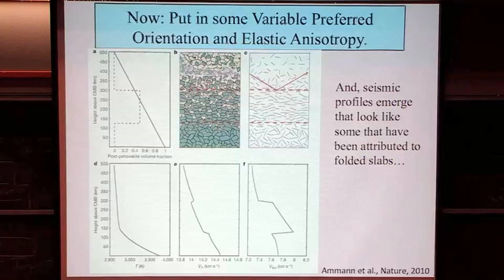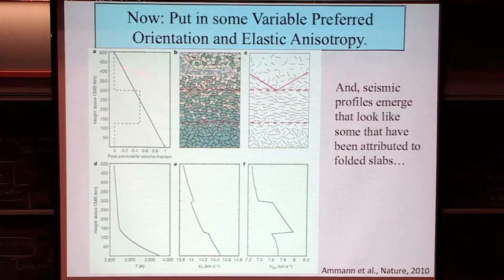If you have a phase loop where you're progressively, this is again from the UCL group, this paper, if you put in a progressively increasing amount of post-Perovskite with preferred orientation isolated in a zone like this, so you're orienting crystals nicely in this zone, then because it's elastically anisotropic as well as presumably potentially viscously anisotropic, you can wind up getting VP and VSH profiles that look like this, which are actually very similar to those that Alex Hutko and Thornley and others got a few years ago that they attributed to folded slabs near the core mantle boundary.